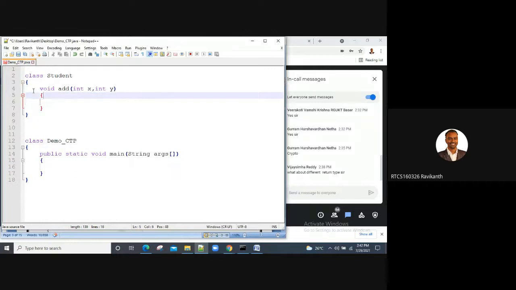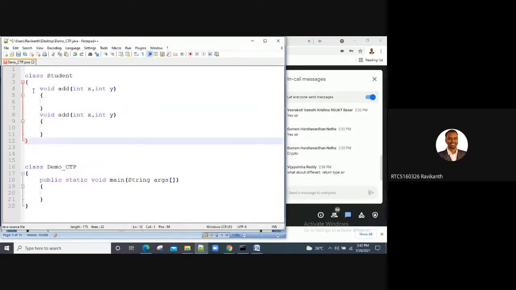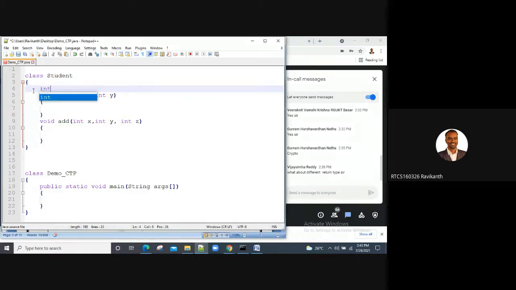Now my concept is overloading. So I want to again use the same method, but here I'll use three arguments. Let me declare them: int a comma b comma c.